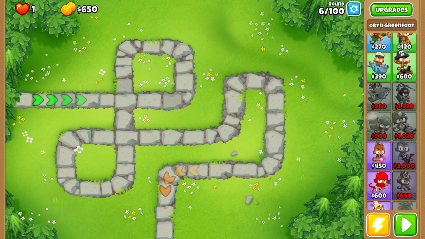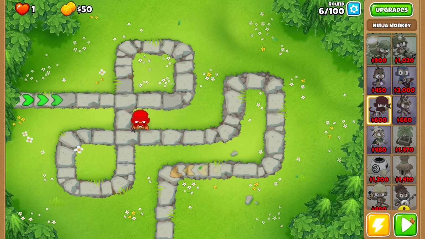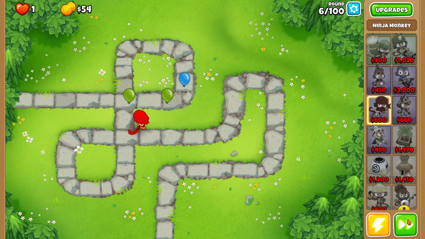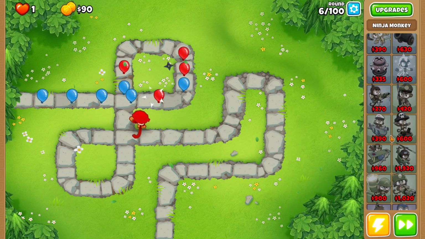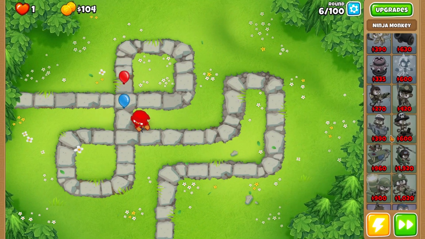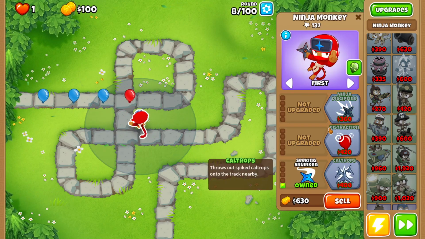So we're back with another episode of our Bloons TD6 playthrough, and in today's episode, we will be taking on Impoppable on Monkey Meadow. So the first thing we'll do is we'll start off with our ninja monkey placed right here, and then we're probably going to need to grab ourselves a dart monkey as soon as we can afford one. But if we can afford to buy our seeking shurikens first, we do not need to buy the dart